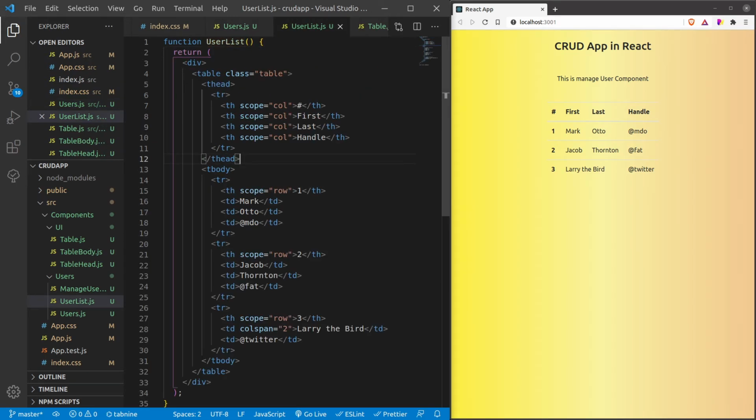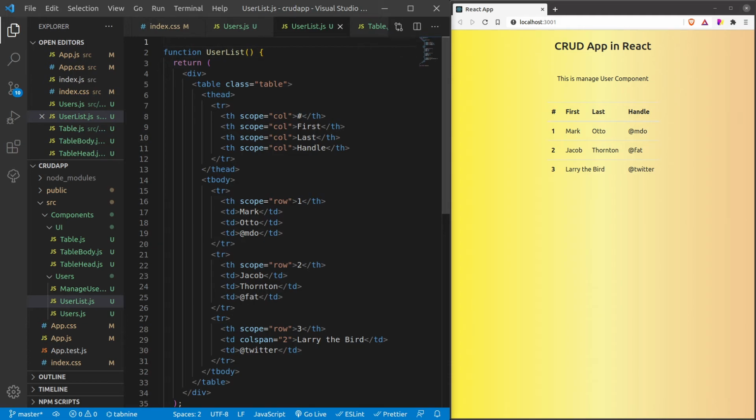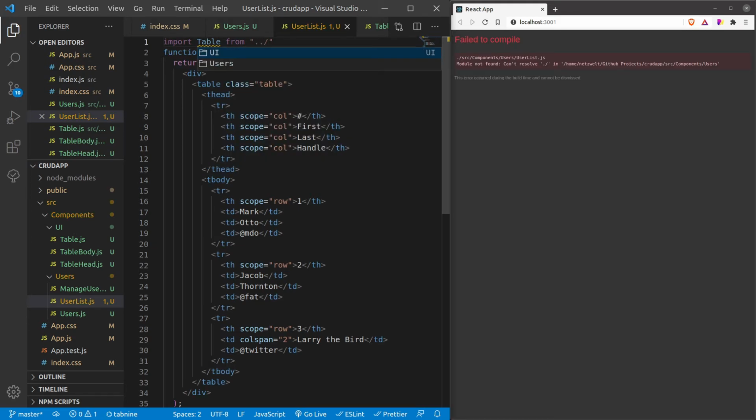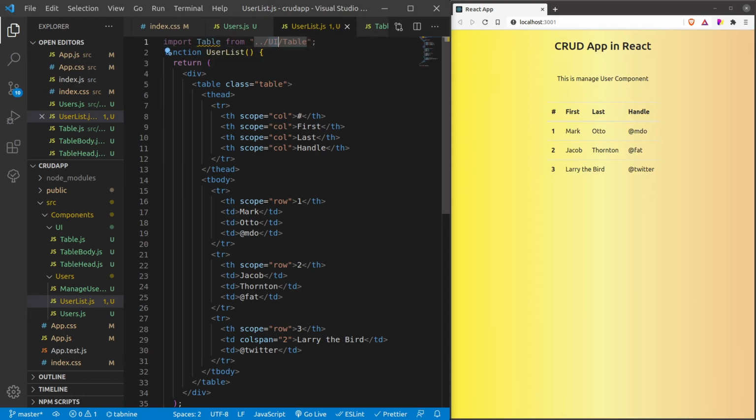So now what we can do is open our user list component, and here I can import everything, like import table from, I have to go back and then to UI component and then table, right?